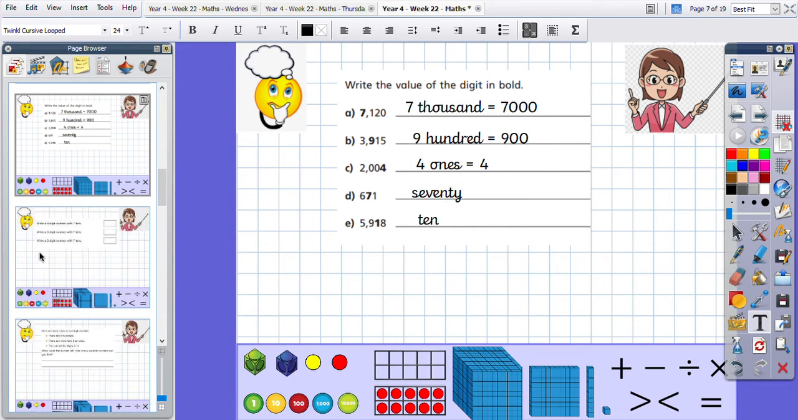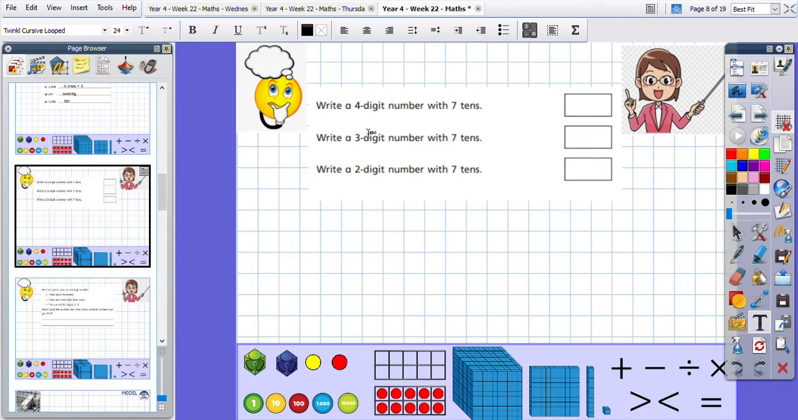Okay then. Write a 4-digit number with 7 10s. Write a 3-digit number with 7 10s. And write a 2-digit number with 7 10s. So let's start with our 4-digit number. So we need to have 7 10s, okay? So we could have,